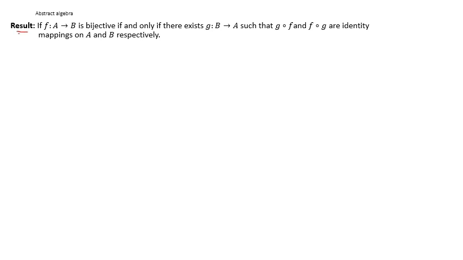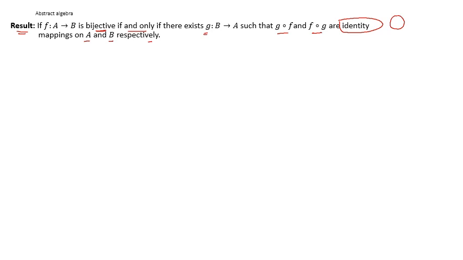Another important result, if f is a mapping from A to B, f will be bijective if and only if we have another mapping g from B to A such that gof and fog are identity mappings of capital A and capital B respectively. Very important result,